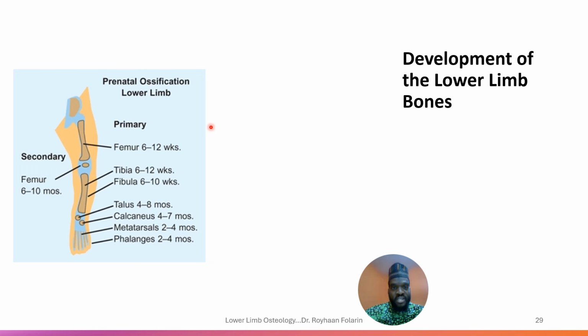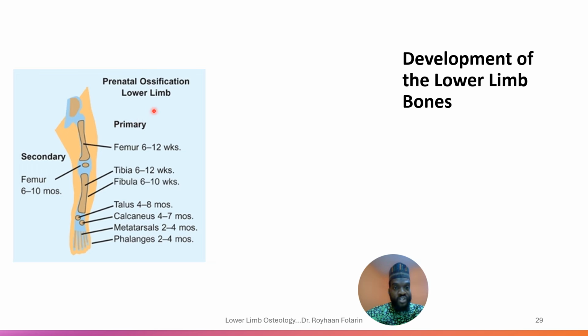So there are usually two ossification centers for these bones. The primary ossification centers usually develop in the diaphyses, that's in the shaft of the bones, the middle of the bones, while the secondary ossification centers develop in the epiphyses at the tips of those bones. So as you can see here,